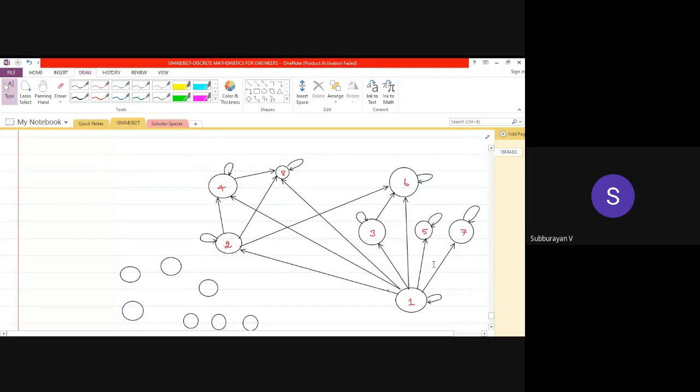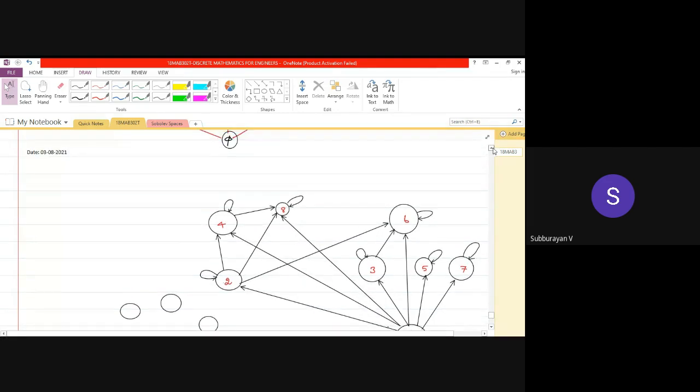Then next, I go to the next problem. In order to understand in a better way, I'll give a simple problem. Already we have drawn the same graph in one problem. Then we will show this is a partial order relation. Then for the partial order relation, we will find out the Hasse diagram for this.